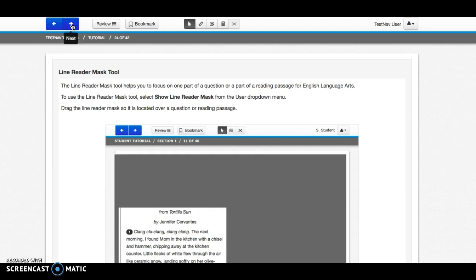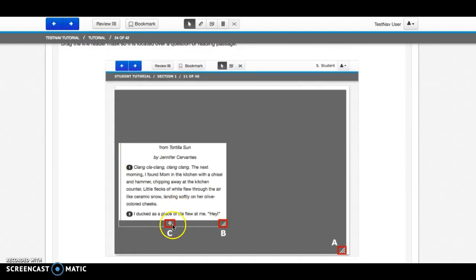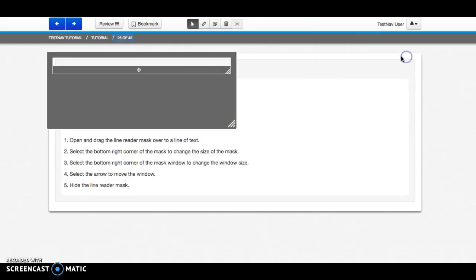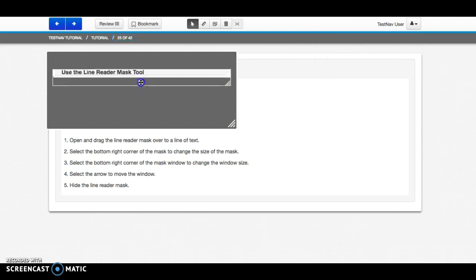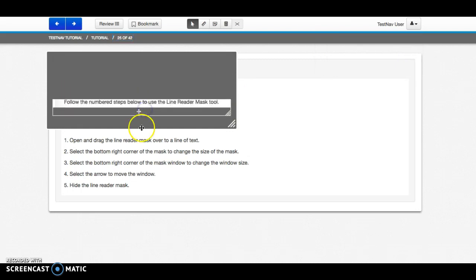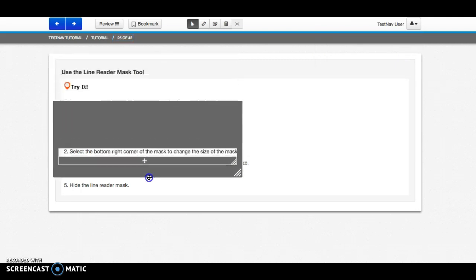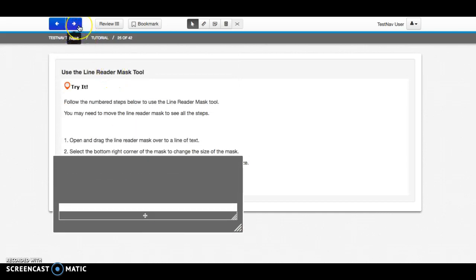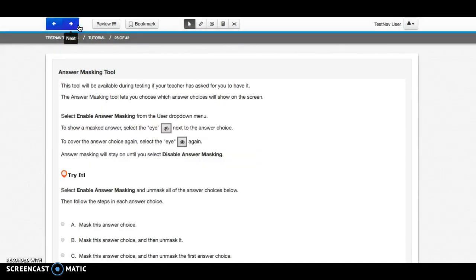The line reader, I'm not so sure we're going to need this, but it takes chunks if there's a paragraph and allows kids to see portions of what is being asked, so they're reading smaller portions of it. I think it's pretty cool, this line reader, and they may or may not need it. You literally drag this down. The problem is you have to move the whole thing down at times. I'm not sure how many students will want this, but I think it's important to show them that as well. At this time, we're going to jump ahead